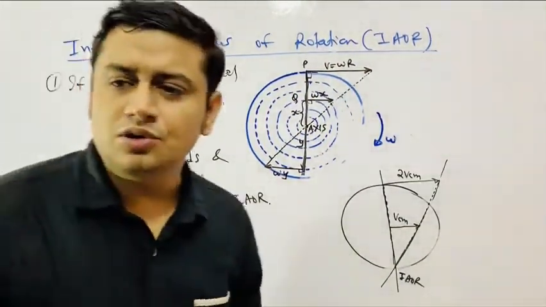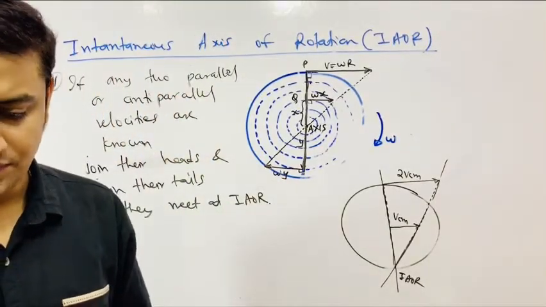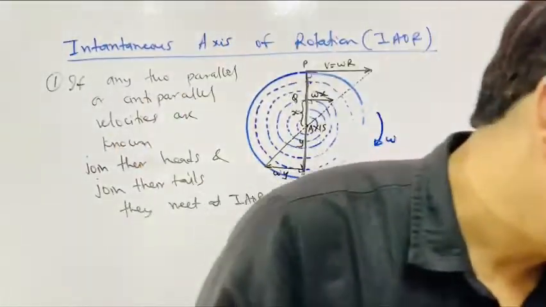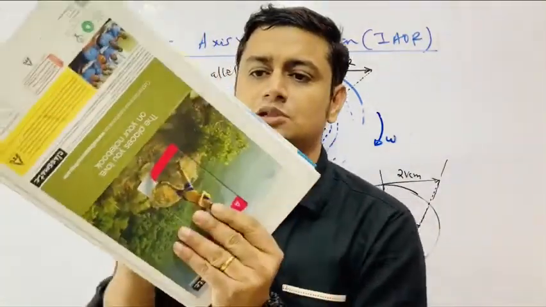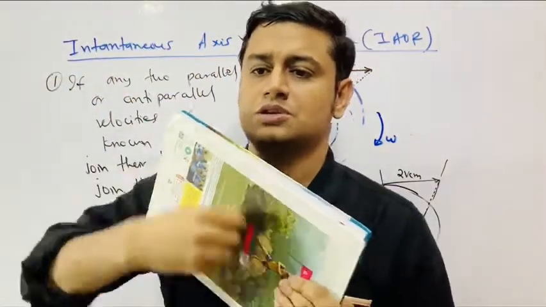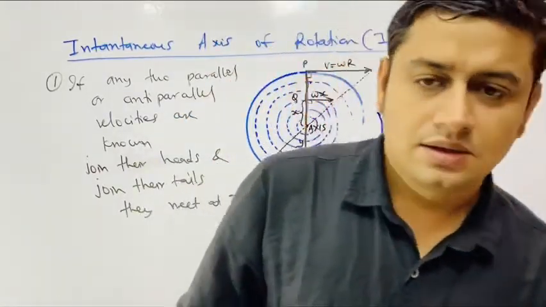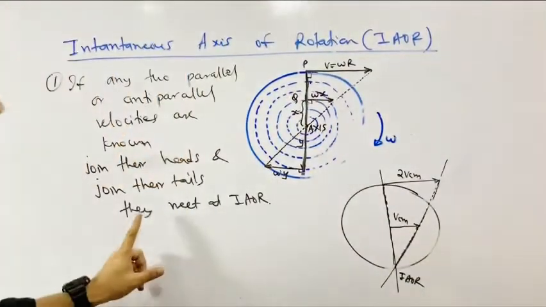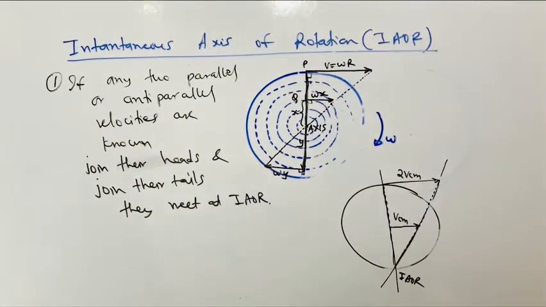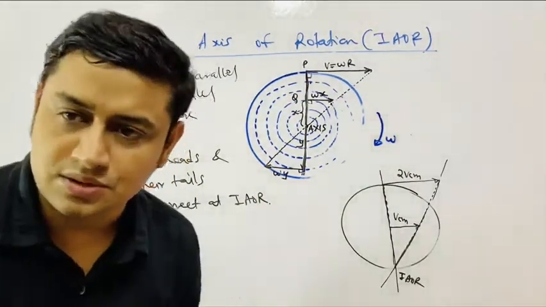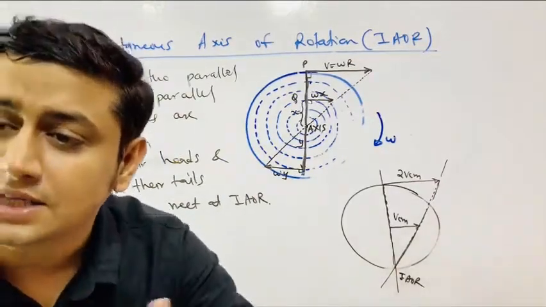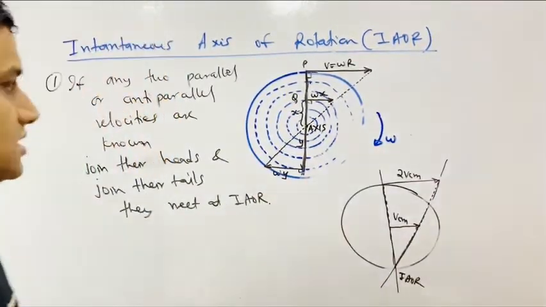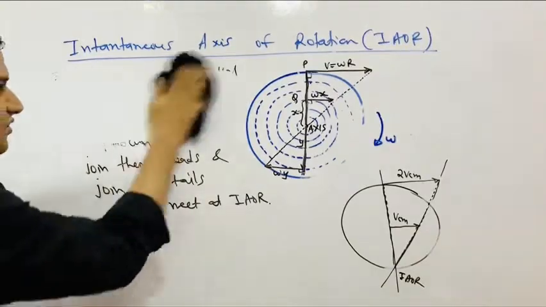This is just a view of understanding. If I rotate about this point, every point would be moving in a circular path. So if I know any 2 parallel or anti-parallel velocities, then I can get the pure axis of rotation. Understand how. And once you get the instantaneous axis, you can get anything. Understand how. I am taking an illustration for this.